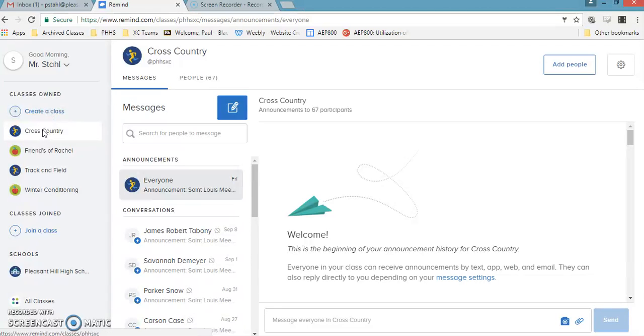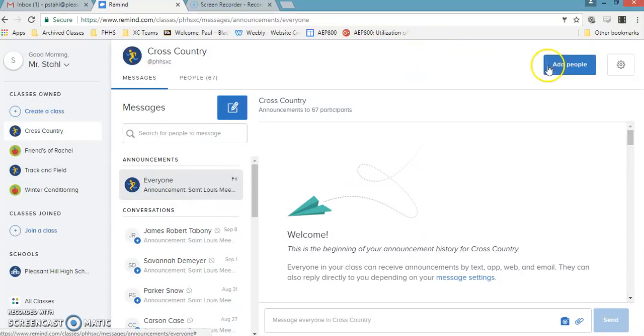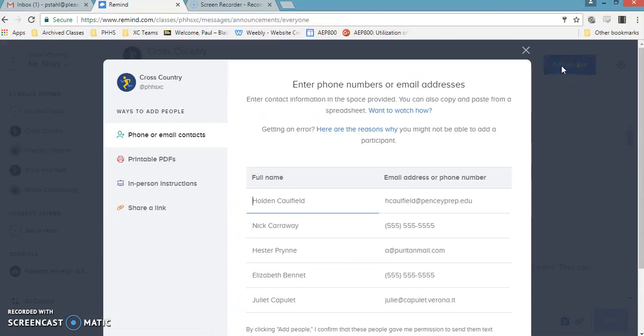Currently, I use it for cross country. I was in an organization called Friends of Rachel, track and field, and then my winter conditioning. Once you get the class made, you're able to create it, give it a class code, call it whatever you'd like. You can add people, and the way that you add people is either directly through email, or you can